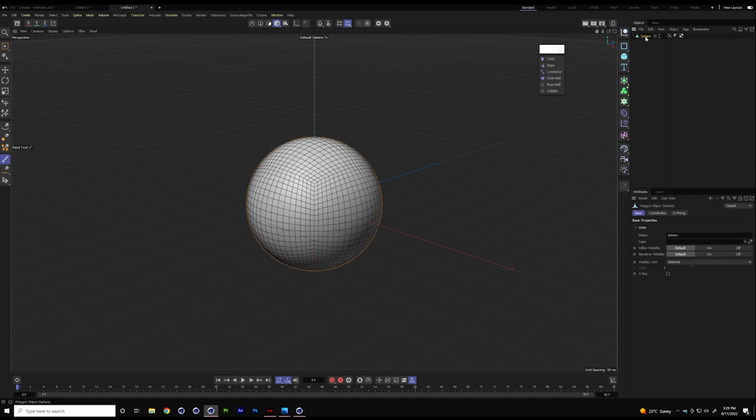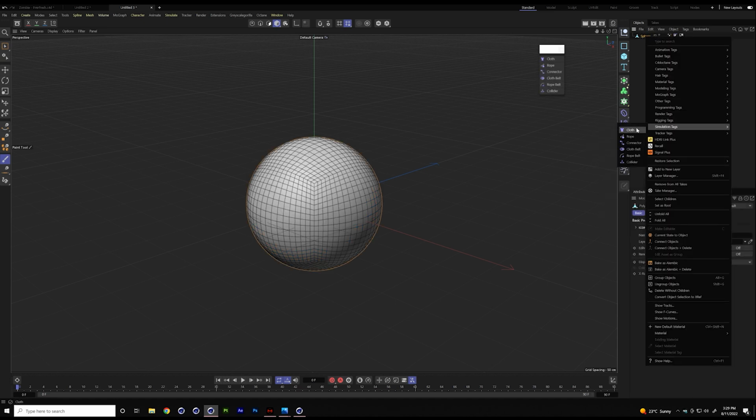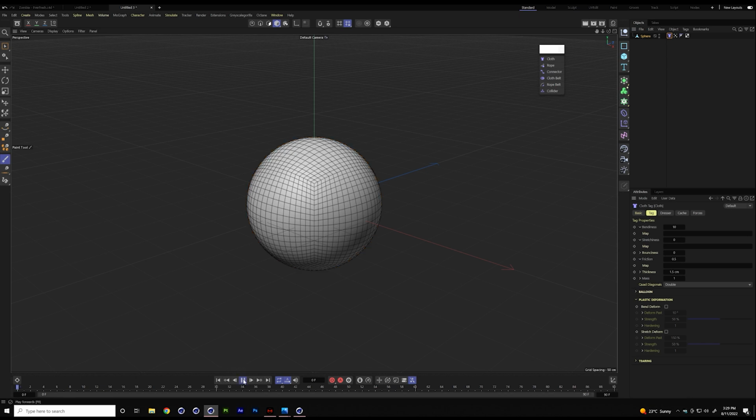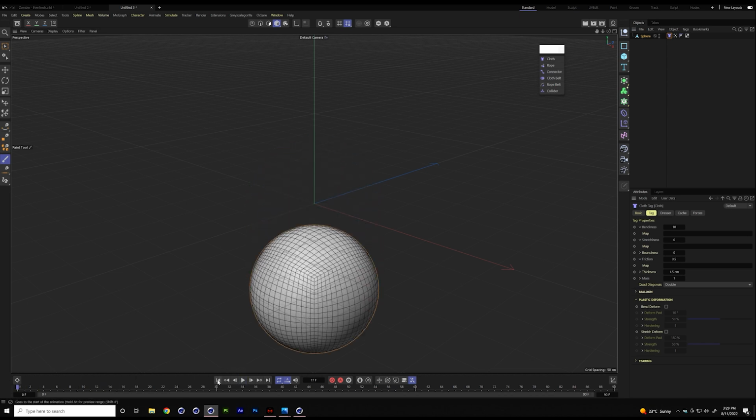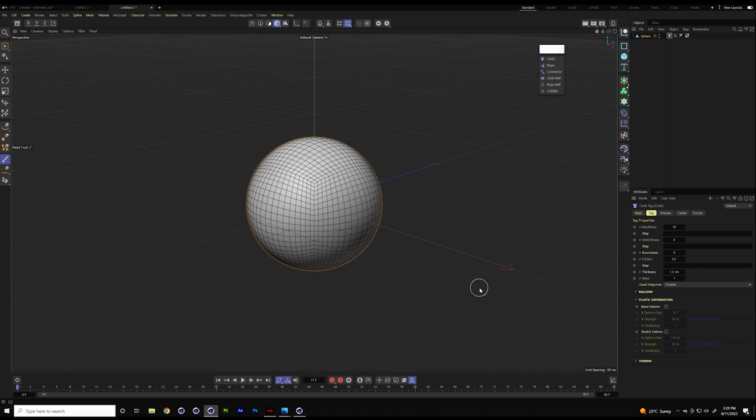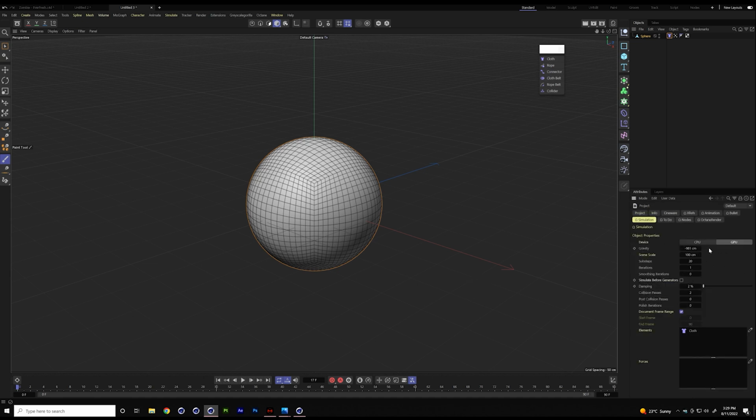I'm going to set this up so that it's a cloth object. If I press play, it's just going to fall down, nothing else. I don't want it to fall down, so I'm going to remove the gravity from my settings. This is one of many setups you can do. So now it's going to do absolutely nothing. You can do this if you want to do absolutely nothing. I want this to get a force that's pushing the points outwards.